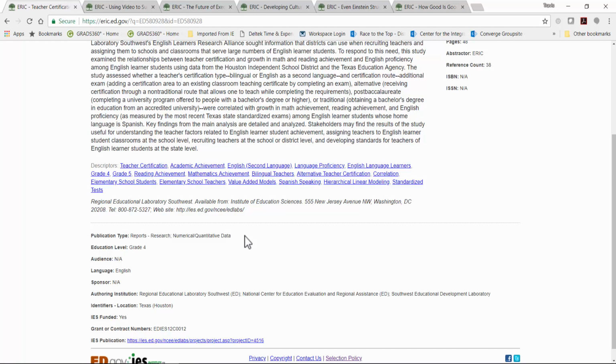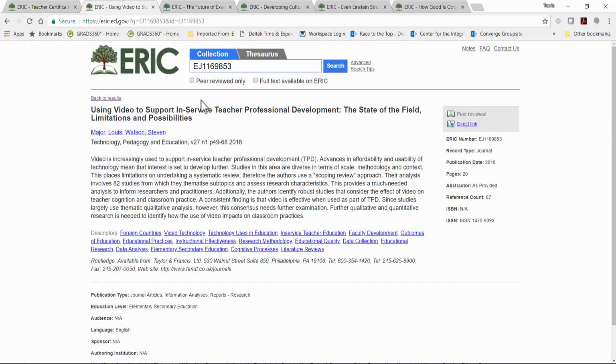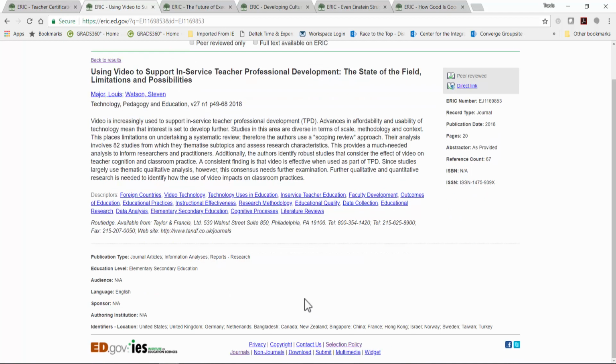Looking at this record, we can see it's a non-journal record, but it's also a research report and includes numerical or quantitative data. On the other hand, if we go back to the journal record, we can see that journal article is the first publication type mentioned. All journal records have this.